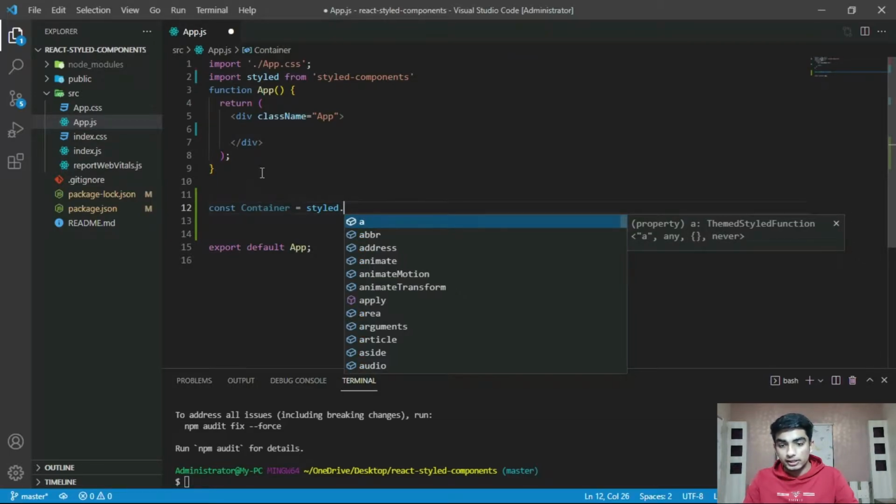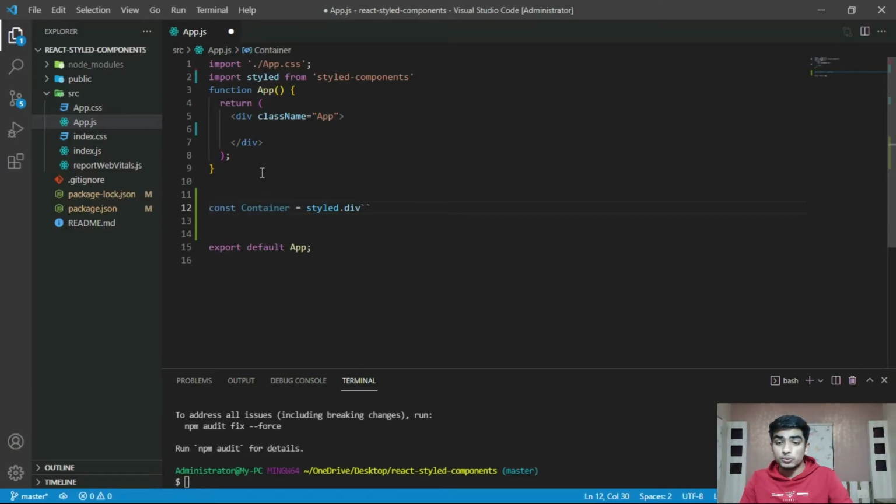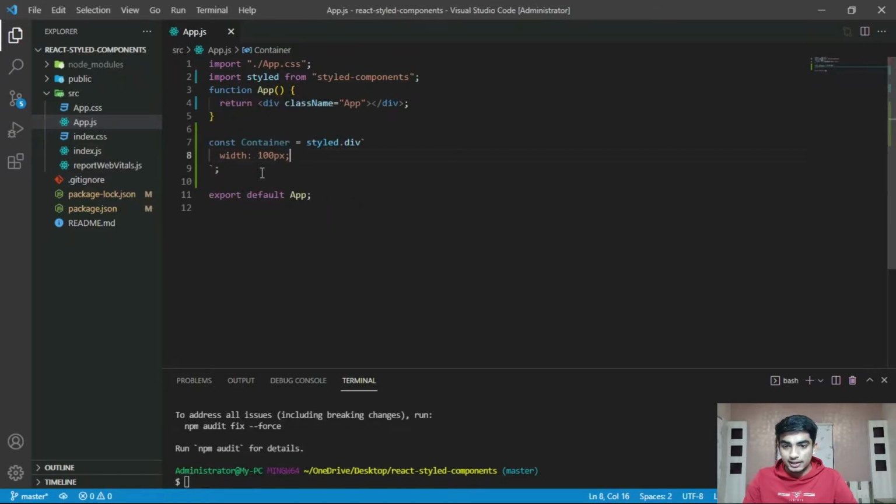Now here we are going to create a div and then backticks, and inside these backticks we are going to do styling. As we create our component here, we have to apply some styling. So I type width 100 pixel, save it, and then height 100 pixel or 200 pixel, and background color red, save it.